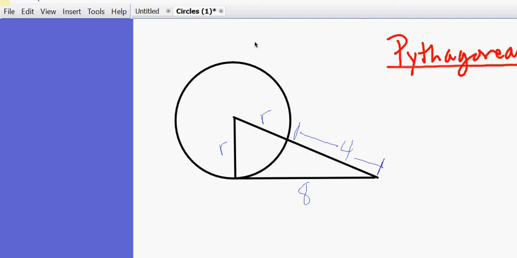Pythagorean theorem is going to be hypotenuse, r plus 4 squared,